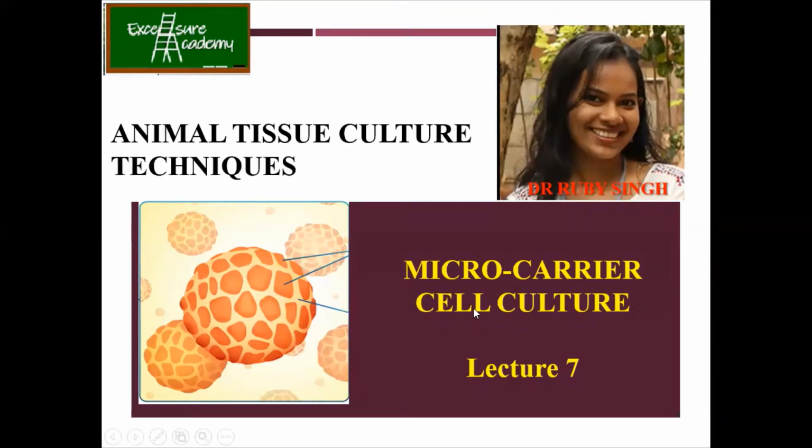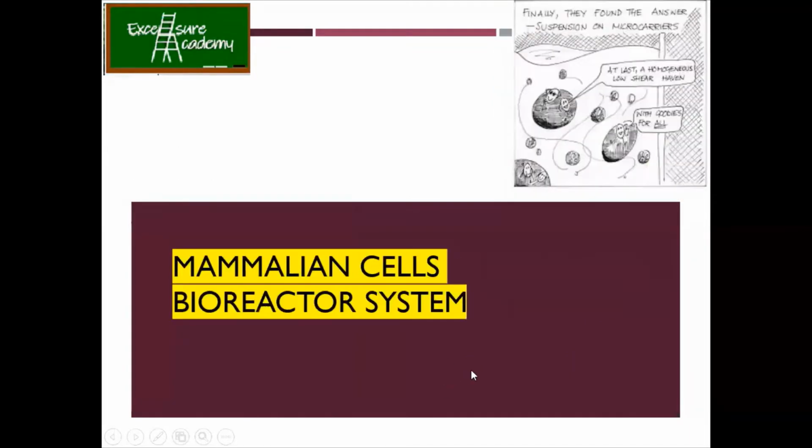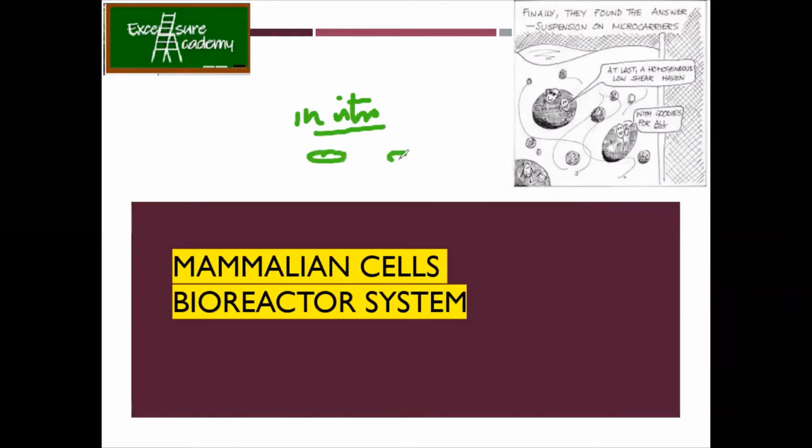Before to understand microcarrier culture, you need to understand something about bioprocess technology. So you must have heard of it in the case of bacteria. In this case, we are going to talk about animal cells. So before that, the mammalian cells bioreactor system. This is important to understand. Now, why is this important? See, every time you cannot do your experiments only at the in vitro level, that is, at the bench level, right? Whatever you are doing in small plates, you are understanding whether that protein is expressed or not, whether it is involved or not, whether that drug is having any effect on that particular cell line, etc.